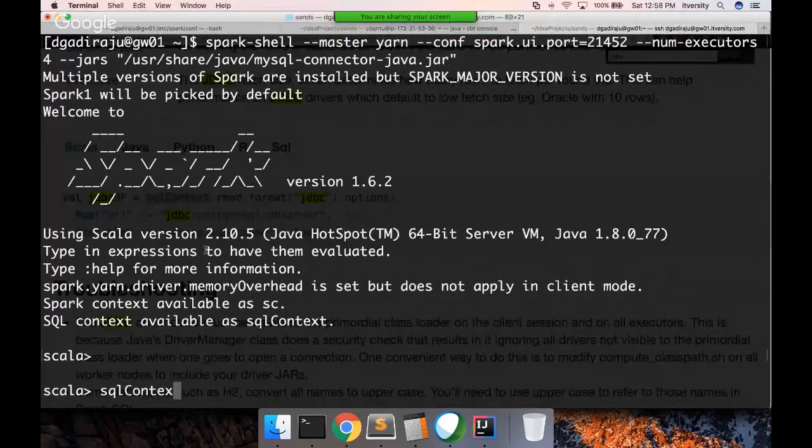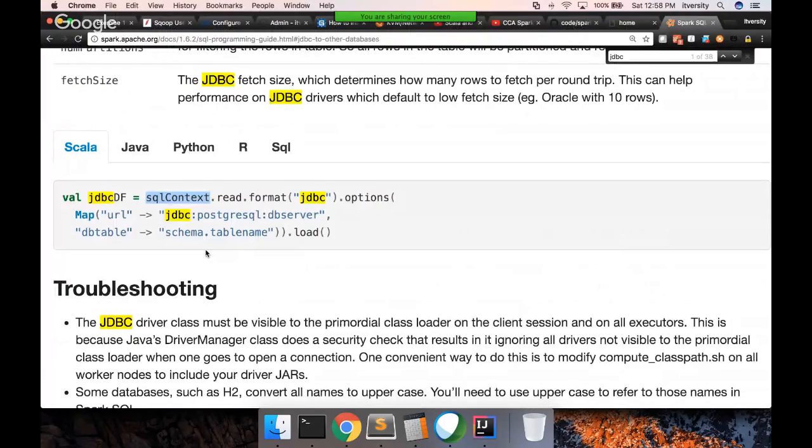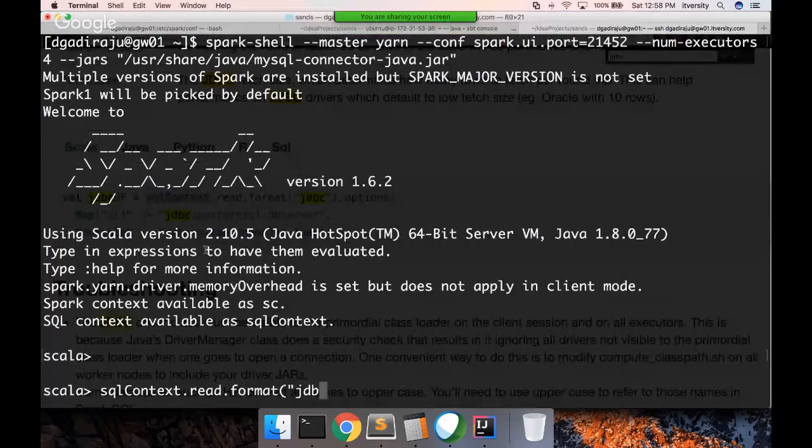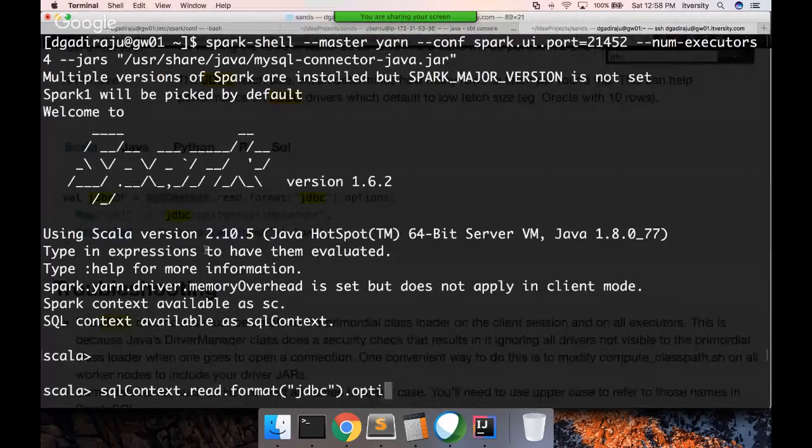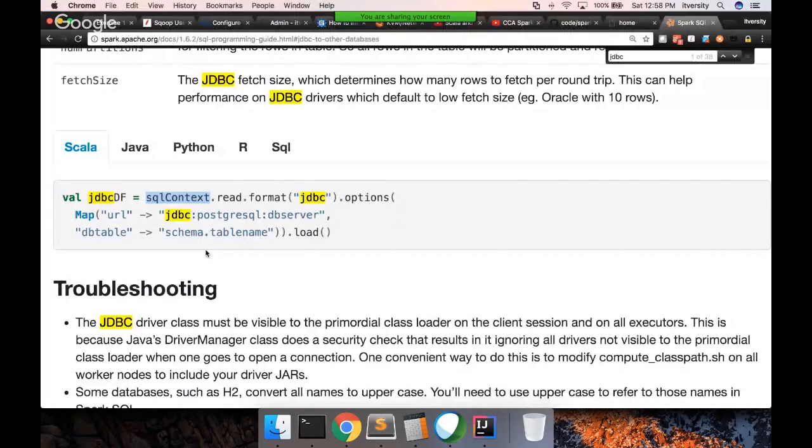SQL context dot read dot format, and here we are using JDBC. Okay, and when you try to use JDBC to connect to the source database, you have to pass options such as URL to your database, DB table, etc., so that it can connect. And these things have to be passed